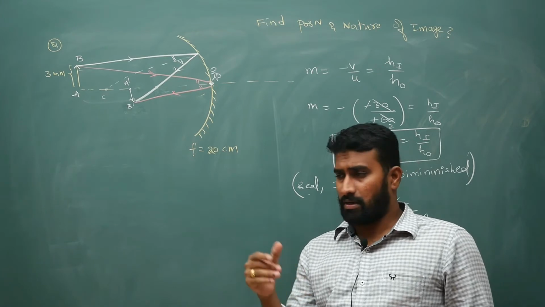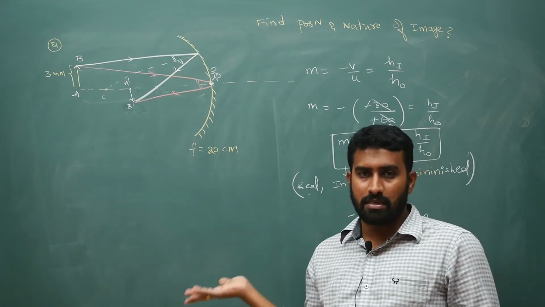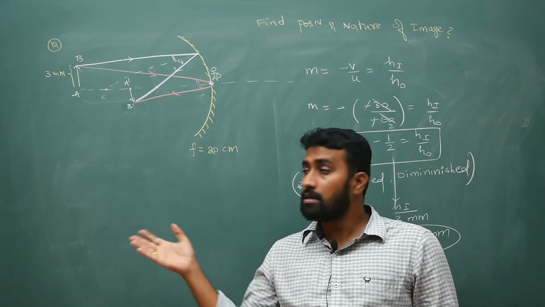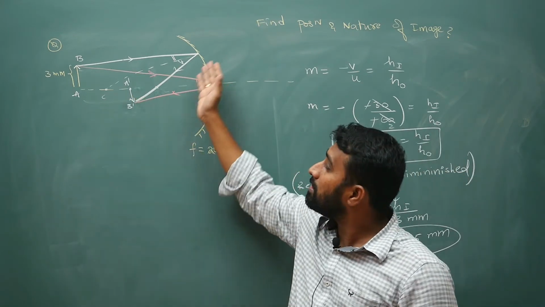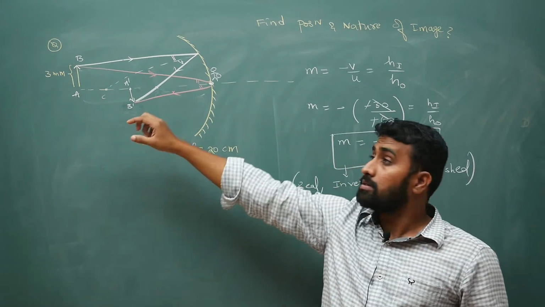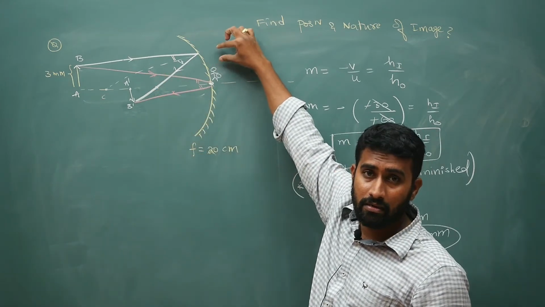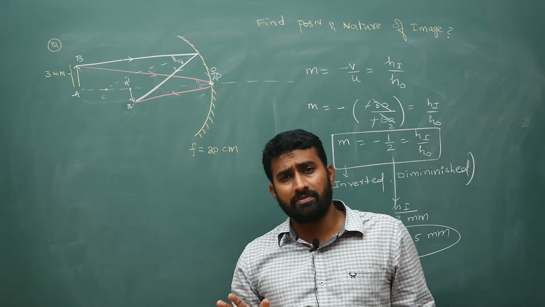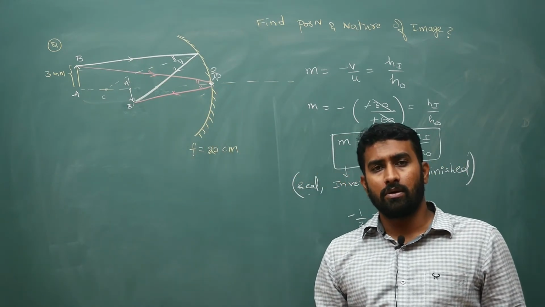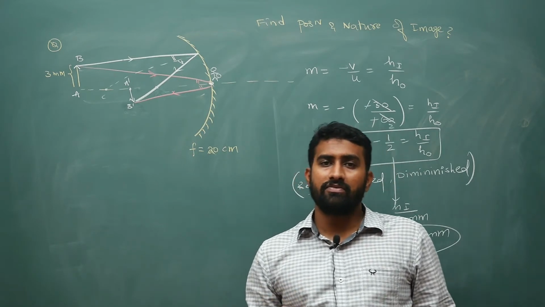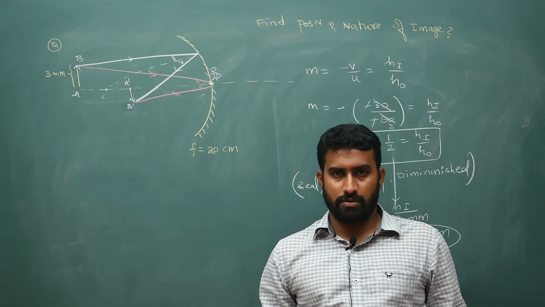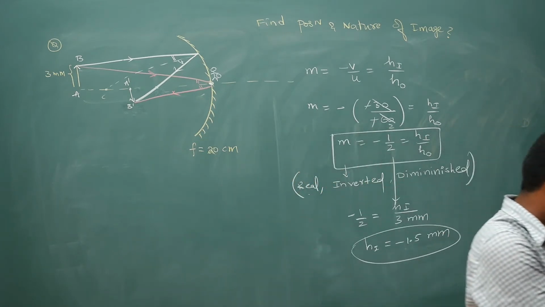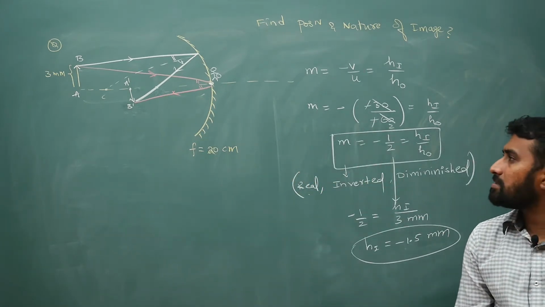Mark the image. After doing the calculation, obviously we know whether it is inverted, real, virtual, everything. We will know the nature from the calculation. Then from the image, draw rays back, and join to that point. And I have been telling you right from the starting of this chapter, two rays are enough to explain the formation of the image. Just two rays, they are enough. Alright, next. Let's move ahead.